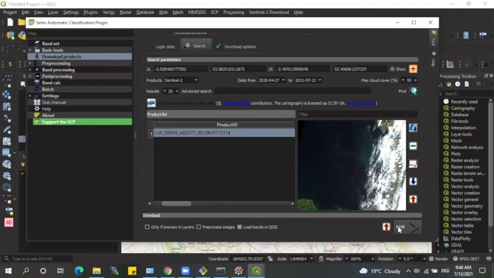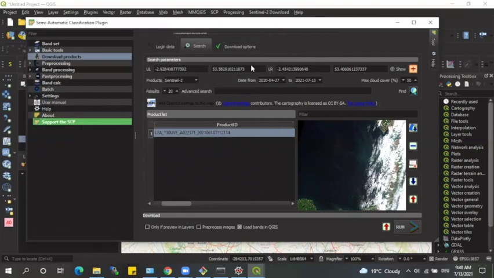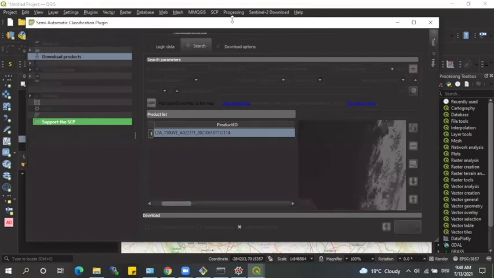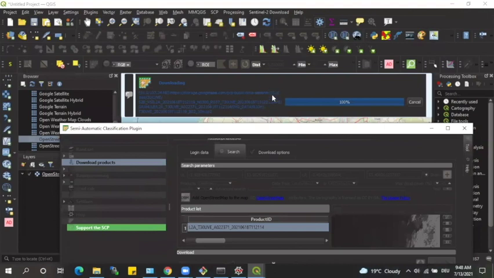And once you've done that, you click on Run, and a pop-up window should appear, which tells you to specify the folder location where you want to save the data set. And so I just choose this folder. And once you do, the process begins. The data begins to download. So you can see within the QGIS console that the download progress is happening right now. So I'll pause here and get back to you when the download finishes.